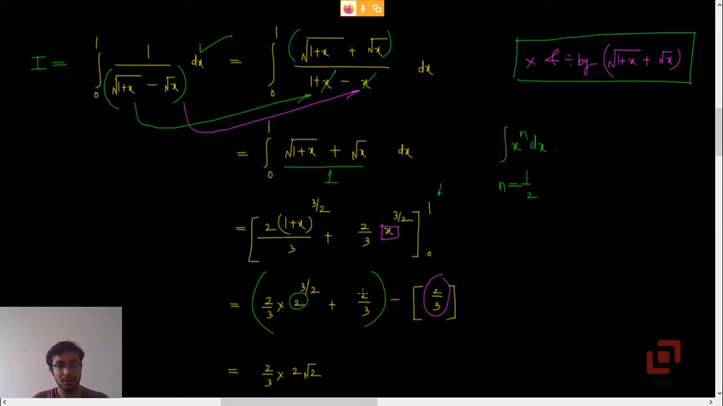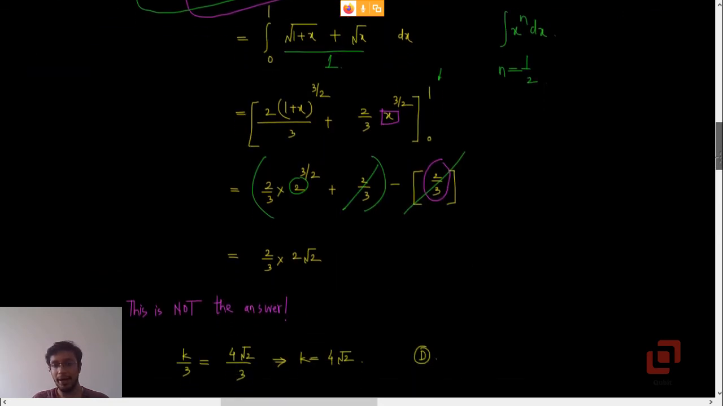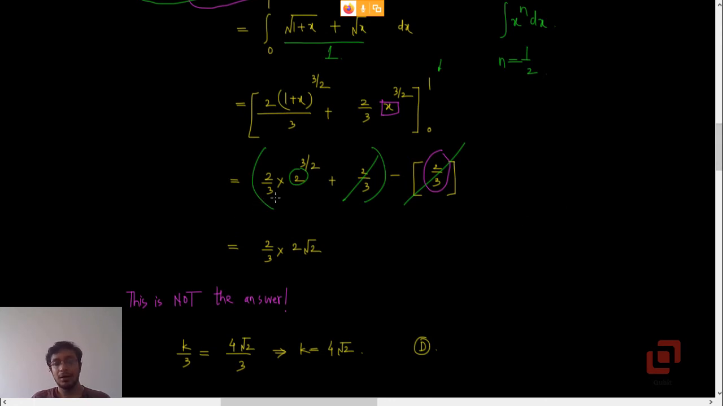Okay. Now you can cancel plus 2 by 3 minus 2 by 3 and rewrite 2 raised to 3 by 2. Okay, now 2 raised to 3 by 2 is first taking the cube of 2 and then taking its root. So this can also be written as 4 into 2's square root, or 2 root 2. Okay, so our final answer is 2 by 3 into 2 root 2, but this is the value of the